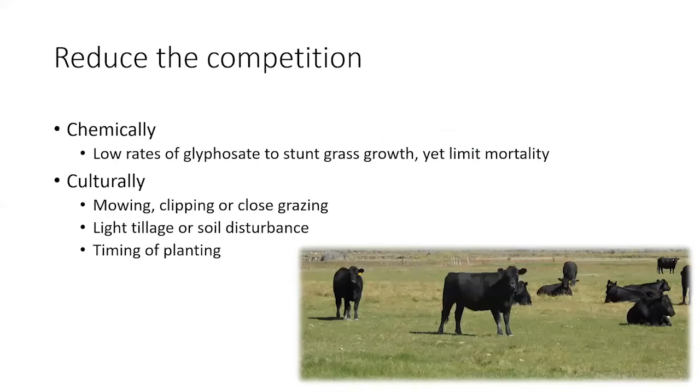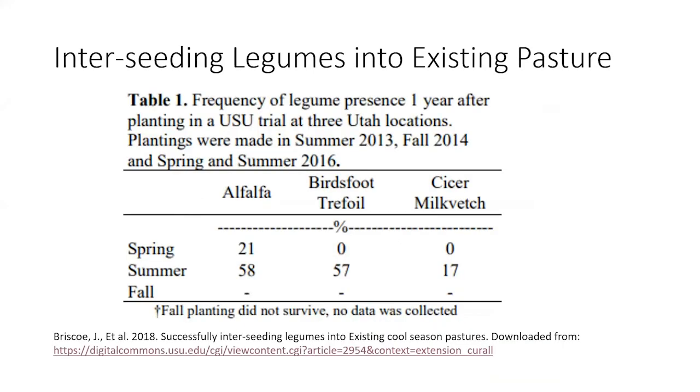What we'll do is skip over that to the research that we did here in Utah, that Jacob Briscoe did with Earl and Mike Peel and others. He did spring, summer, and fall seedings, and they did Roundup suppression, tillage, and mowing on those plots, and they planted alfalfa, birdsfoot trefoil, and Cicer milkvetch. What they found was they had decent results on those plots if they seeded in the summer. So if their competition or their control or suppression of the grass was effective in the summer,